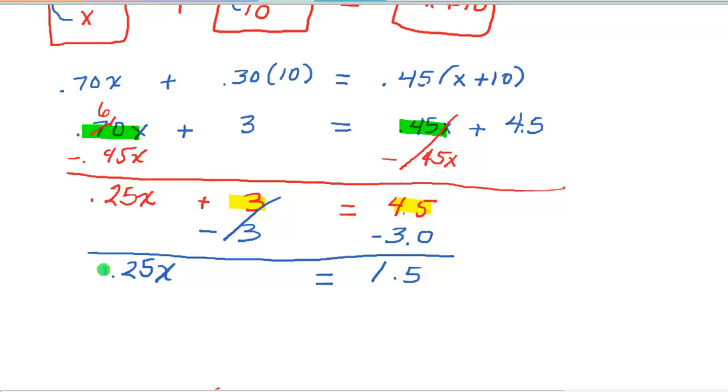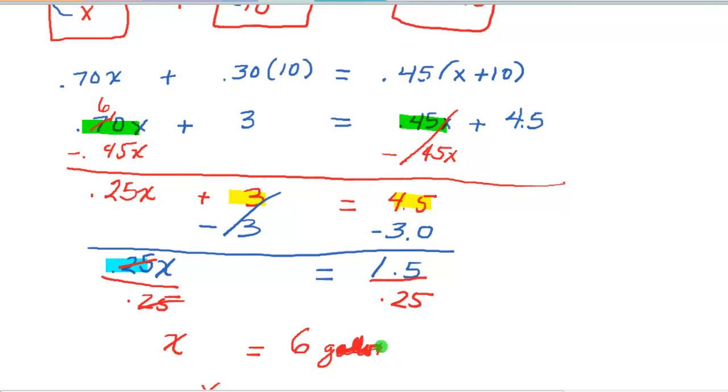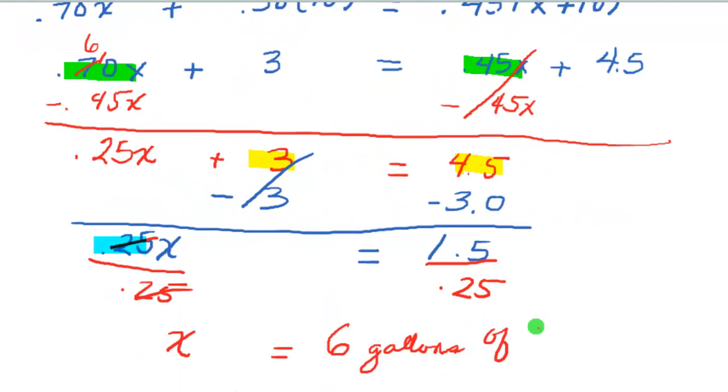Now we have to get rid of the coefficient of x, the 0.25, so we're going to do that by dividing by 0.25 so that those 0.25's reduce to a 1, so they cancel. So now we have x is equal to, and then 1.5 divided by 0.25 is 6. So it turns out that we need 6 gallons of that 70% antifreeze mixture to add to our original